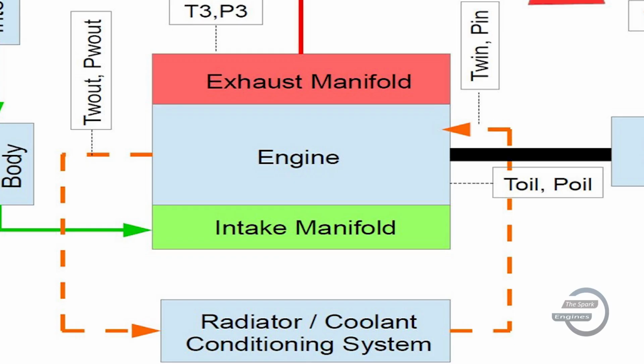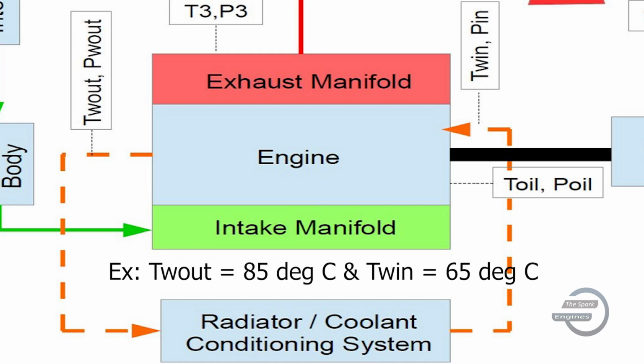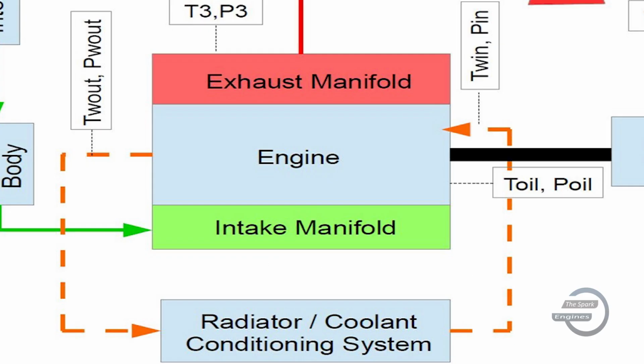For example, the TW out is 85 degrees Celsius and TW in is 65 degrees Celsius. We can see there is a 20 degree difference because of the radiator. If this 65 degree coolant goes into the engine, then it will absorb more heat from the combustion chamber. Hence, ultimately the power output of your engine